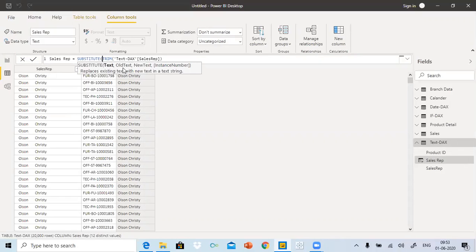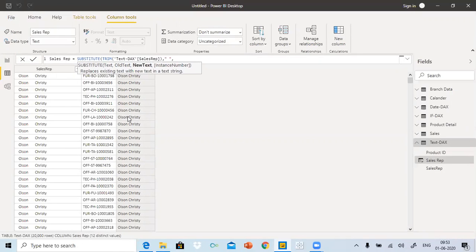Look at the arguments. The text is highlighted. We have taken the text, and this TRIM function will fix and clear all the spaces. Then put the comma, old text. The old text we have in this column is a space, just to define.